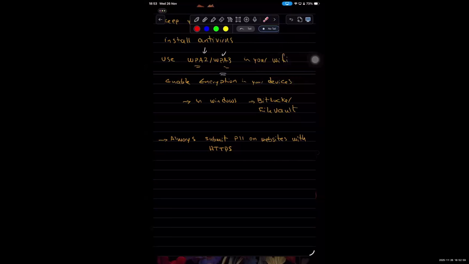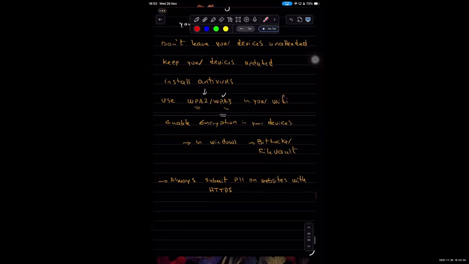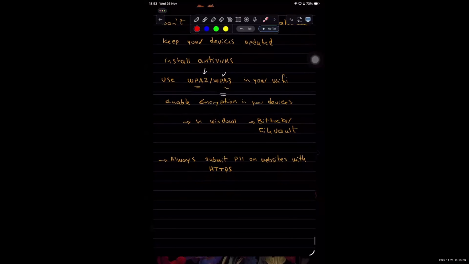What else? So I talk a lot about the complex password, multi-factor authenticator, secure Wi-Fi, and updating your operating systems, your browser, or the applications, always updated to the latest version. Installation of antiviruses or anti-malware, enabling encryption like using BitLocker or FileVault. When you are visiting a website, make sure that it has HTTPS. If you receive a link,